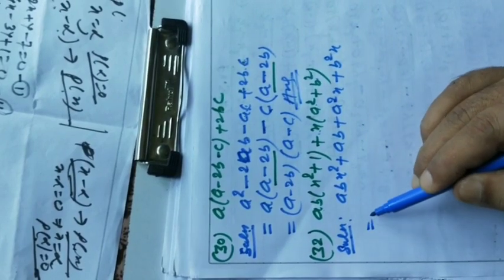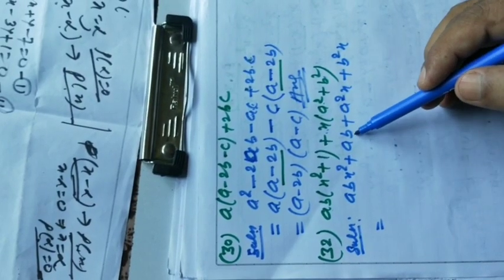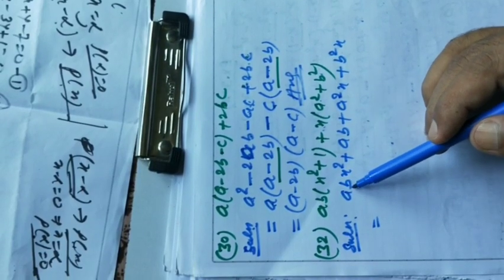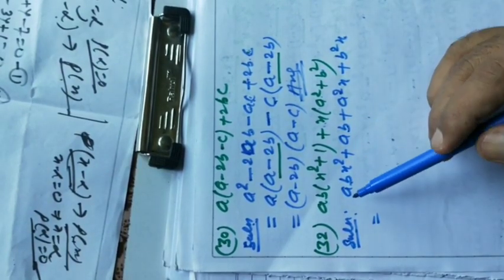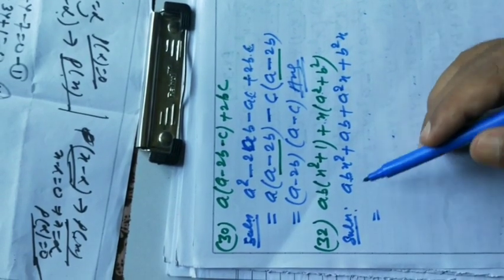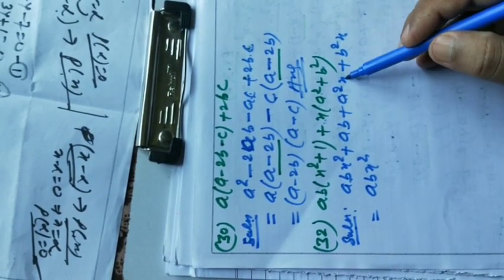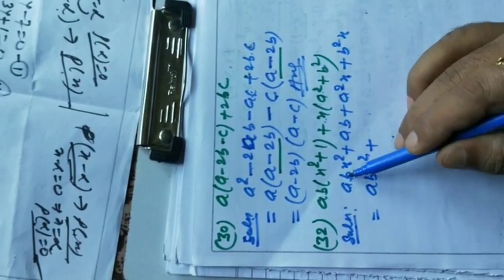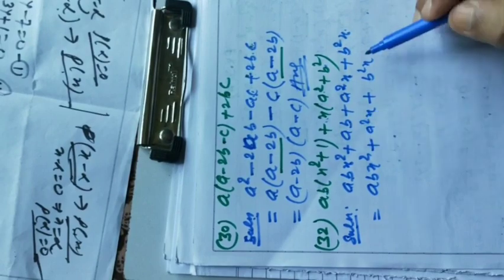Now you have to see whether common factors are there in two terms or not. ab is common, but if we are going to take ab common and x common in these two terms, and ab is common in the first two terms, then we will again get the question. So let us rearrange it. abx square is here, and a square x is there in the third term, and ax are there also in the first term. So put these two terms together, a square x, and then b square x is here and plus ab.